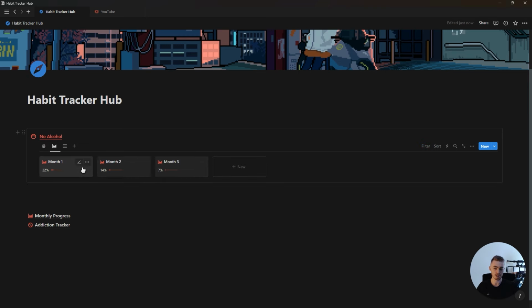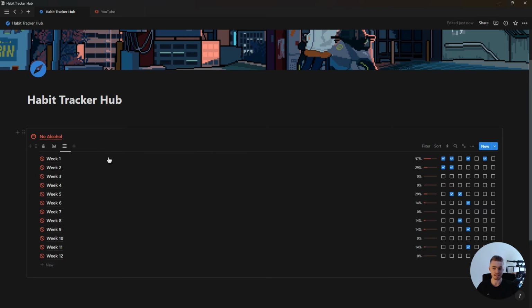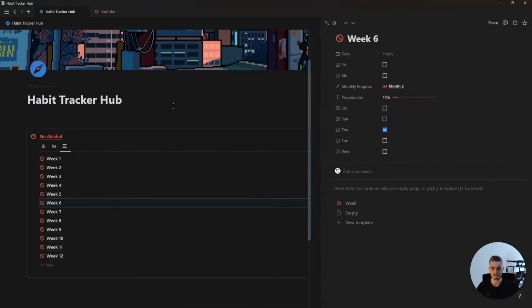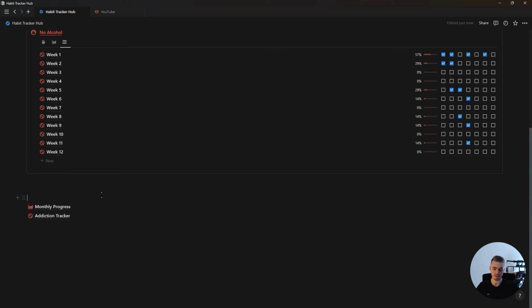The second view shows your total monthly progress. And in the third view, you can click inside of the weeks and add in the date for each of them. And as for these two databases at the bottom, all you want to do is just add a toggle